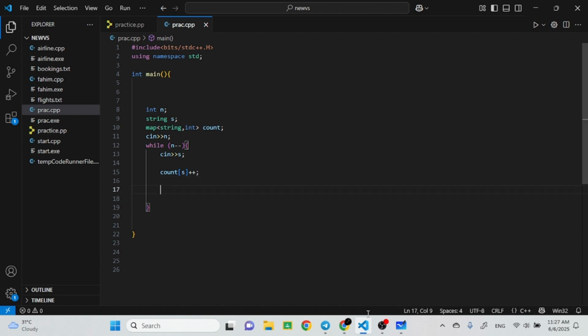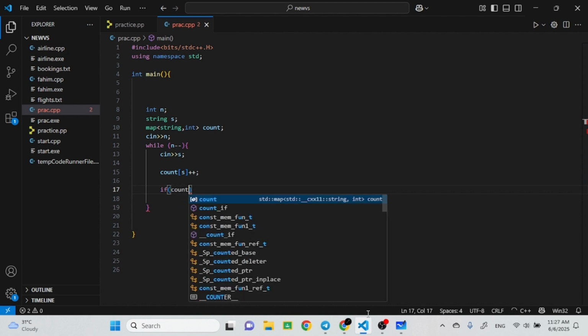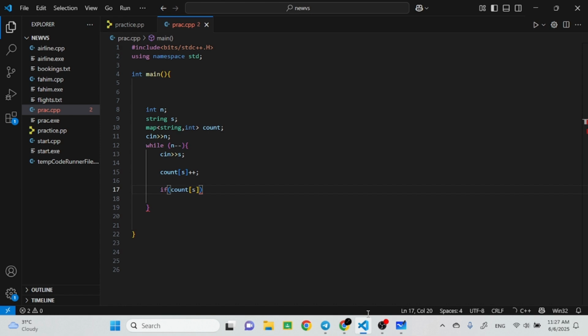So then if the number of appearances is greater than 1, then our output will be